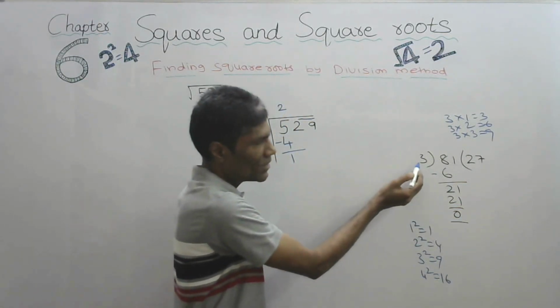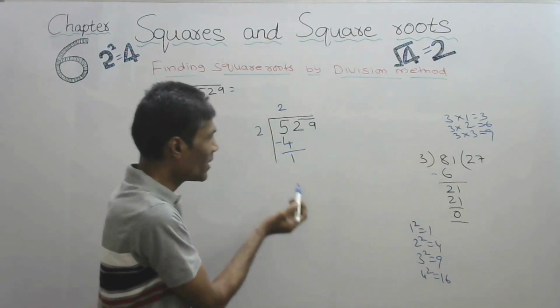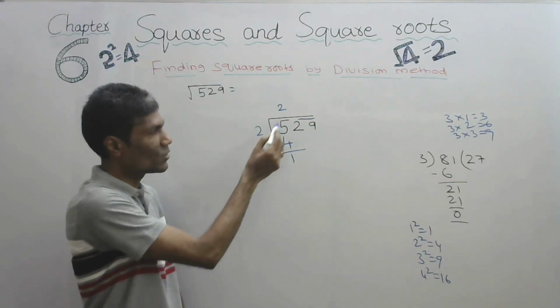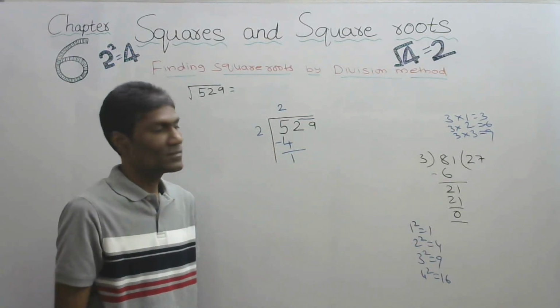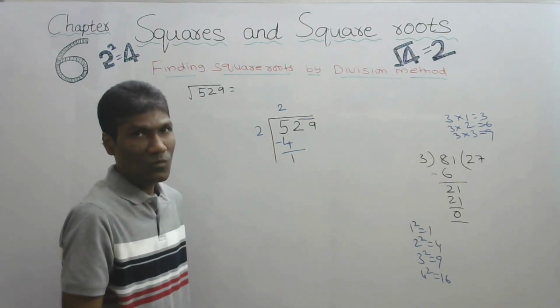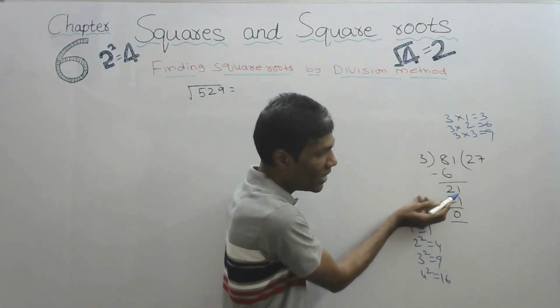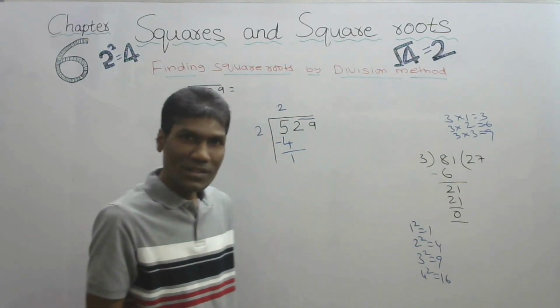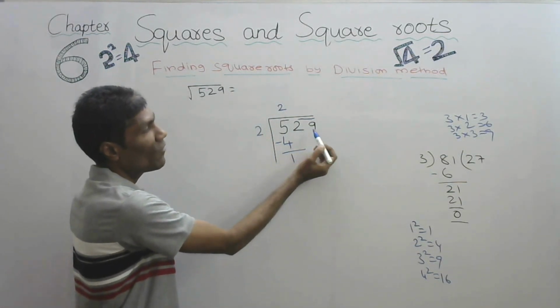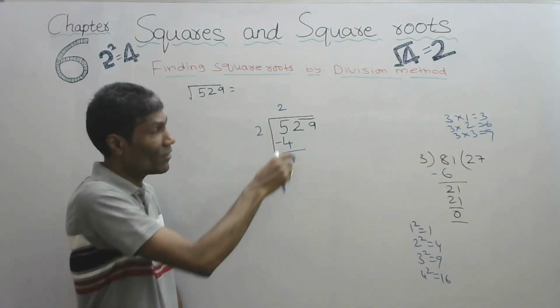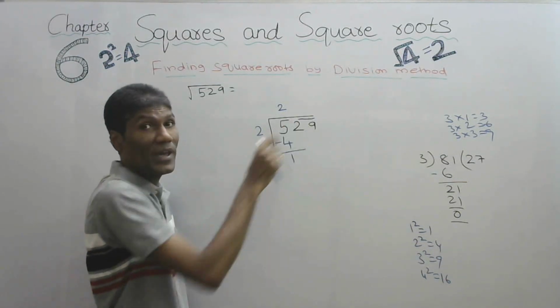But in division we take some table, but here we are taking squares. 1 square, 2 square, like that we are doing. Okay, subtracted 1. Then what are we doing here? We carry one number to the next line. In the same way here also, we will bring down these numbers, but here we will take them in terms of pairs.